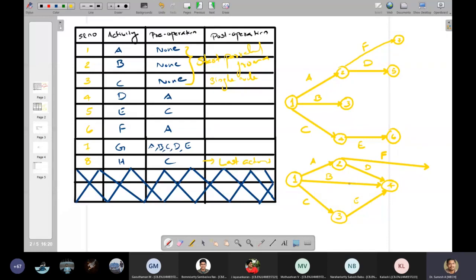From node number 4, the next activity is 4 to 5.